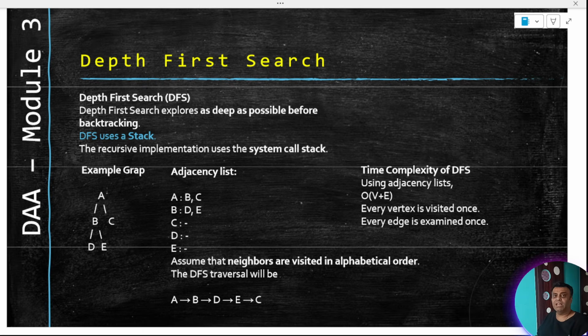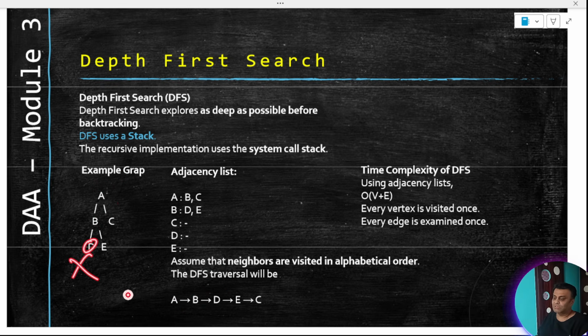Depth first search, unlike breadth first search, will use a stack, right? And we will say this. So what we are saying is go to B and visit B. Go first, start with A, visit A. Go to B, visit B. Go to D, visit D. What am I doing? Going left, left, left, right? And then I can't go further left.